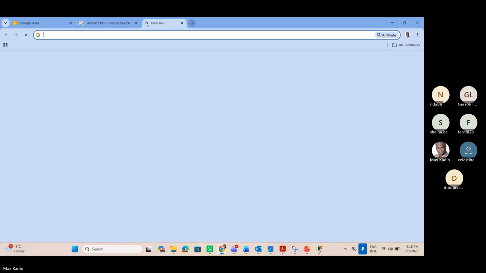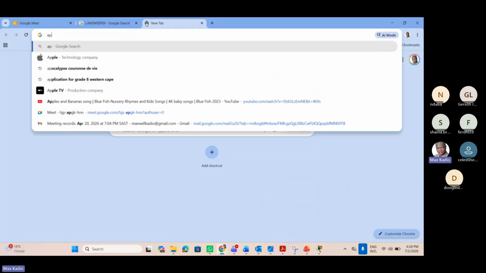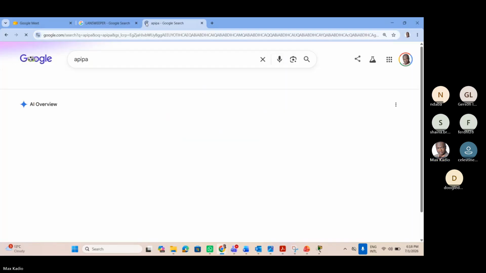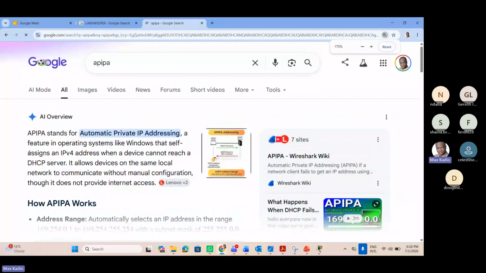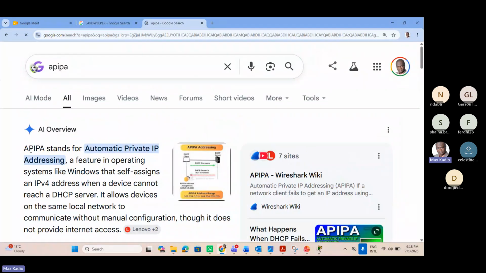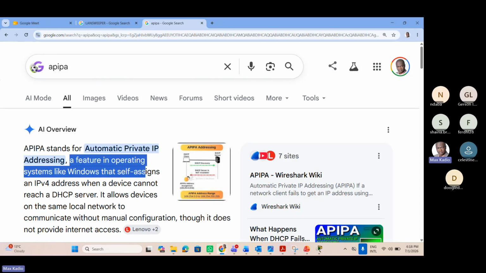APIPA stands for Automatic Private IP Addressing, a feature in the operating system,